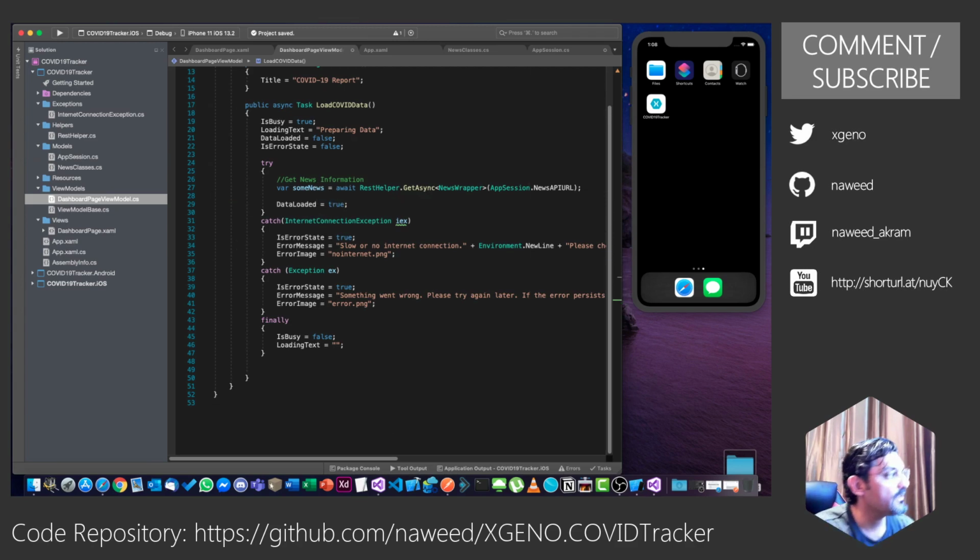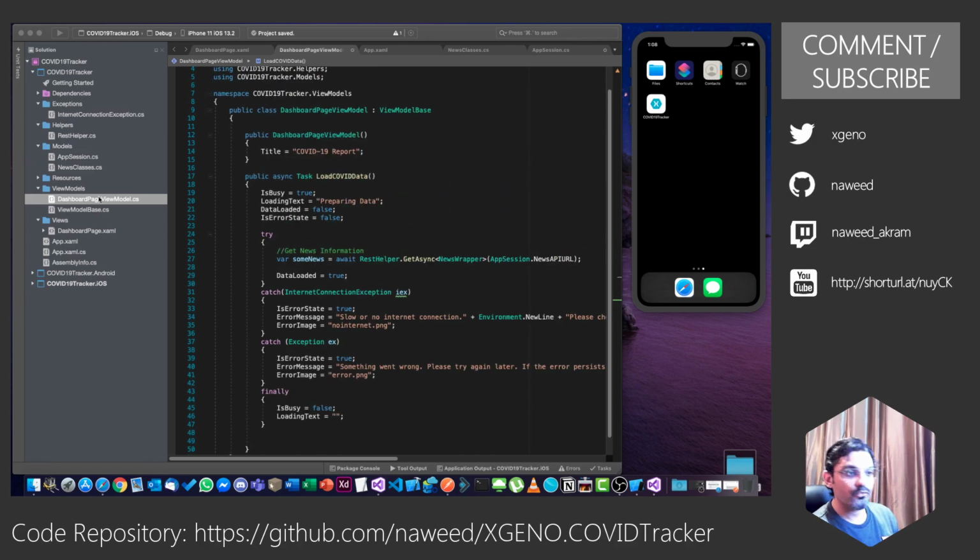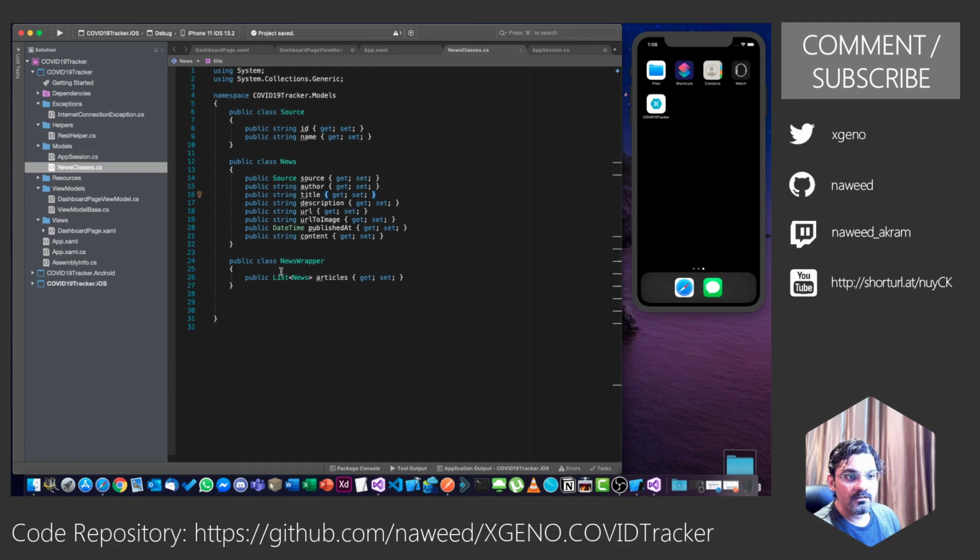Let's try to clean this up as well. So we are going to get the news. If you remember, it is getting the data back in the form of this news wrapper, which we have here. News wrapper has a list of articles, which is nothing but a list of news. So we do not want to work with these articles. We should rather clean this up.